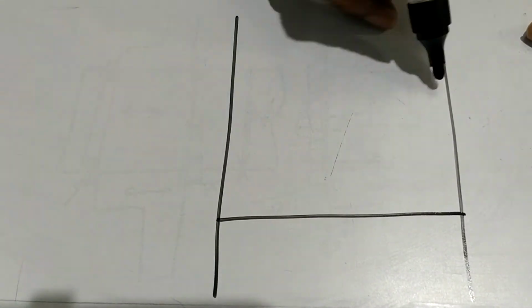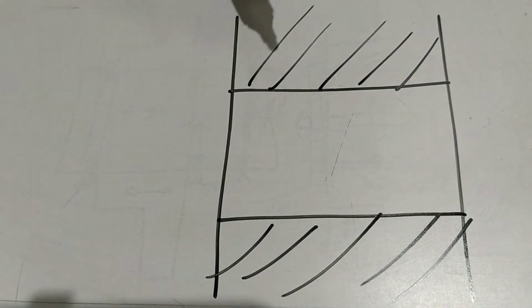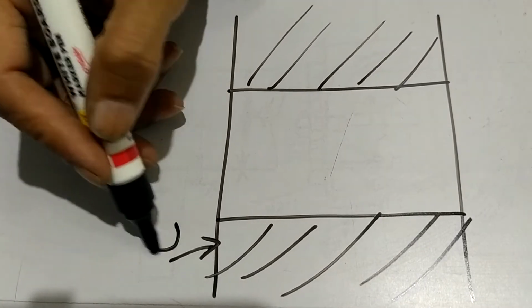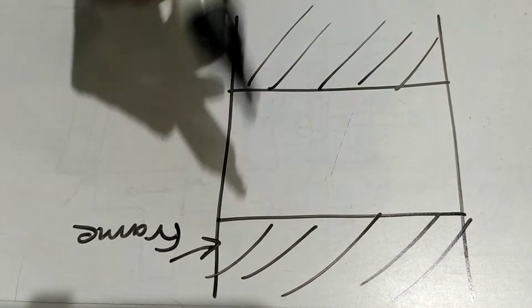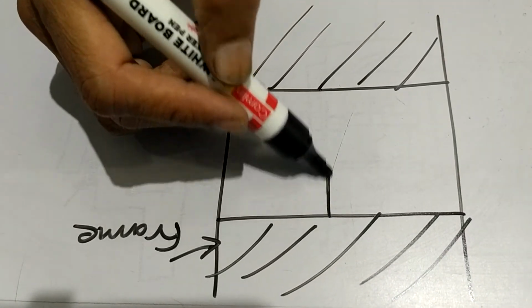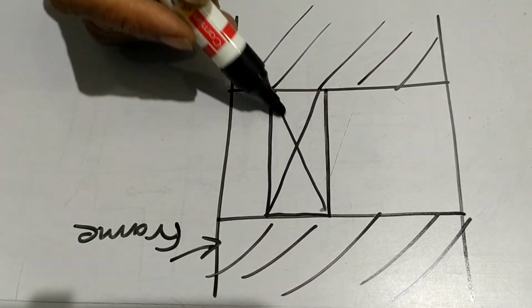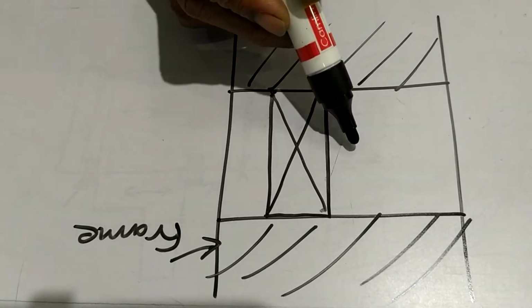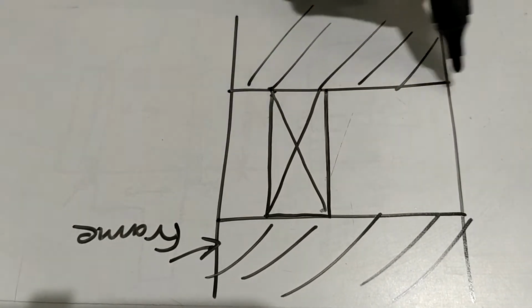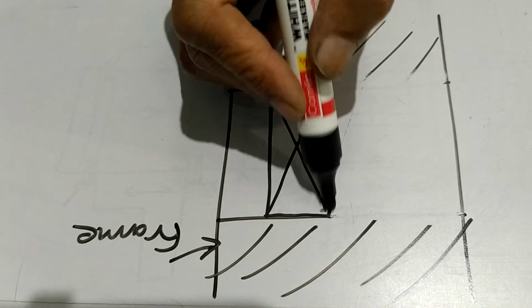Like a shaft, suppose there is a hole. I'll show it like this. This is some kind of a frame, and in this frame there is a hole, and in this hole, let's say we are going to fit some part. Say we are going to fit one bearing here. This part is like a disc. Now you have to fit this here. This disc again will move here and there because this diameter is constant everywhere. So ideally what should happen is there should be a step in the hole. That means this hole should be like this.